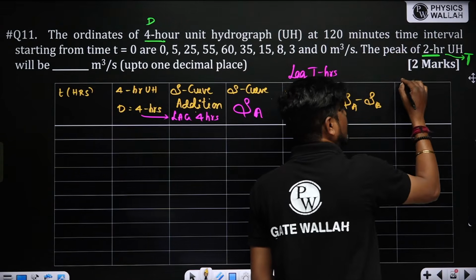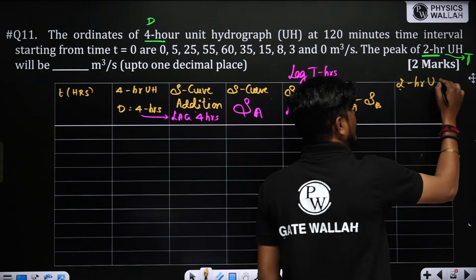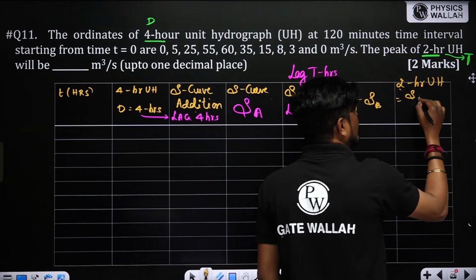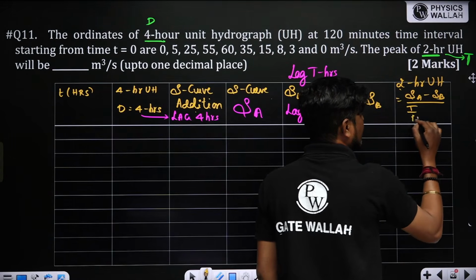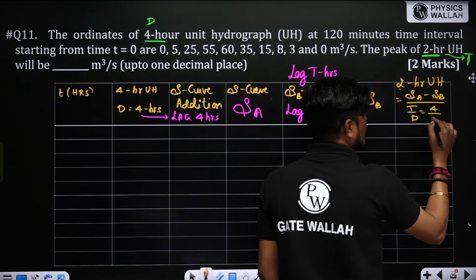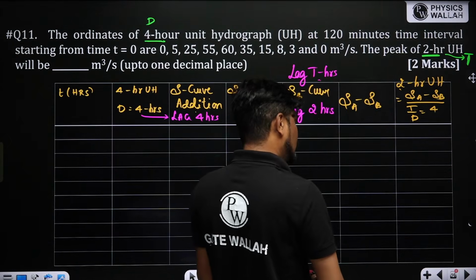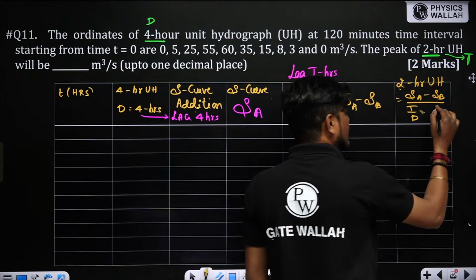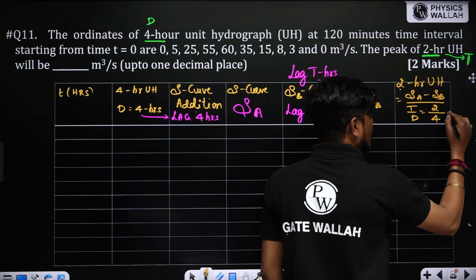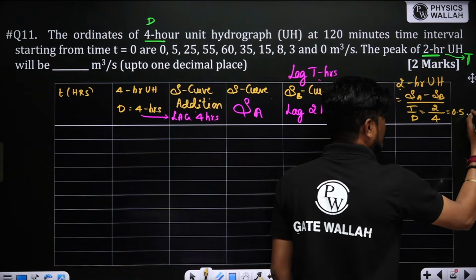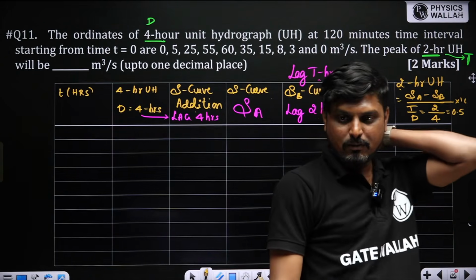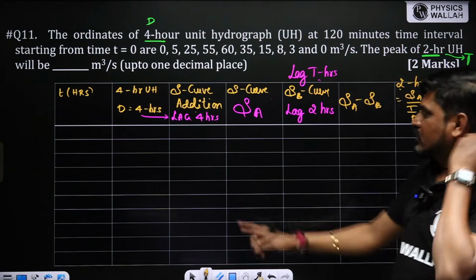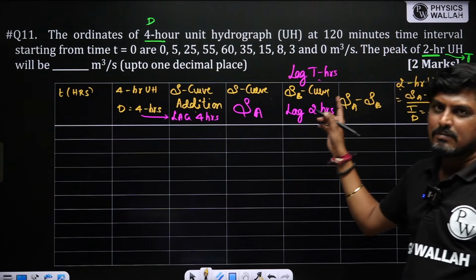Last column 2 hour unit hydrograph is equal to SA minus SB divided by T by D. T 2 है, D is 4, इंटू 1 सेंटीमीटर। ये पहला चीज आपको पता रहना चाहिए। सो ये कॉलम्स याद रख लेना।